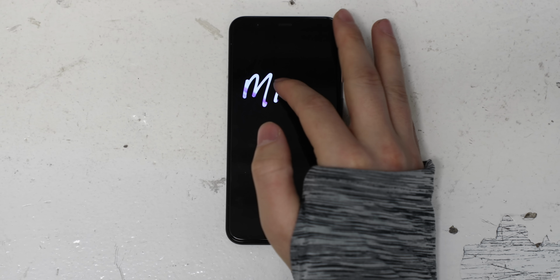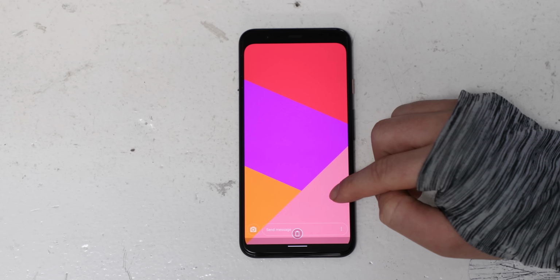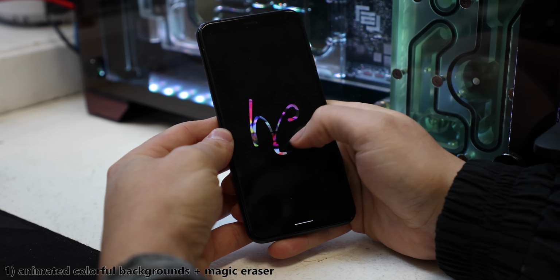I'm gonna show you new Instagram story tricks or hacks, whatever you wanna call them, for 2020. And all of these work on iOS and Android, and I'm using a Pixel 4. Let's jump right in. Up first is how to get a moving background and then use the eraser to draw